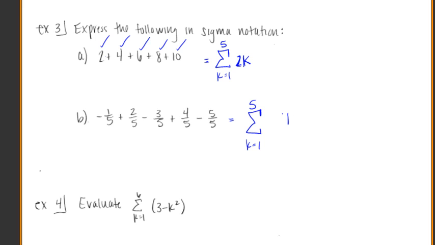So if I can just write k over 5, that's going to take care of it because that would be 1/5, 2/5, 3, 4, and 5/5. So that's great. All we have to do now is incorporate in there the sign change. Well, if I just do negative 1 to the k,